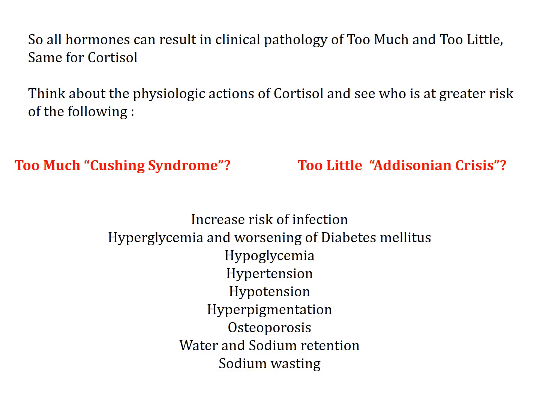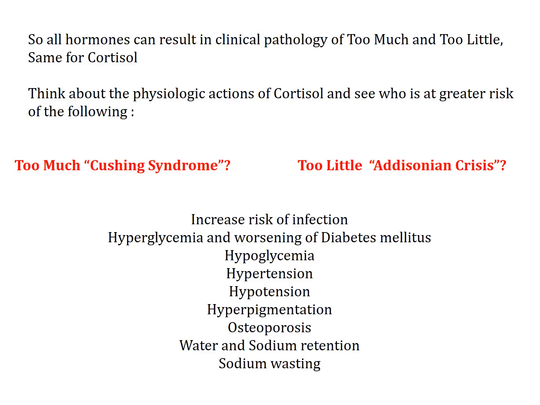Hyperpigmentation, now this one's interesting. Within the molecule that creates ACTH is also the melanin protein. So this can go either way. But an individual who's pumping out too much ACTH may also be pumping out excessive amounts of melanin, and they tend to have kind of a tan appearance to them. We see that a little bit more commonly in the Addison's individual.